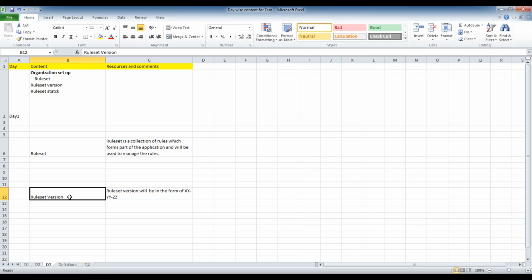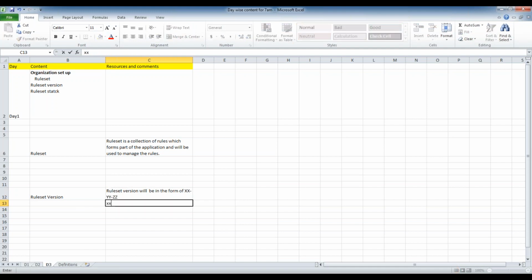In general, when you talk about a rule set, it is a combination of the rule set and its versions. But if I want to specifically talk about rule set and version, I will talk like this. So the rule set version will be in the form of XX, YY, ZZ.